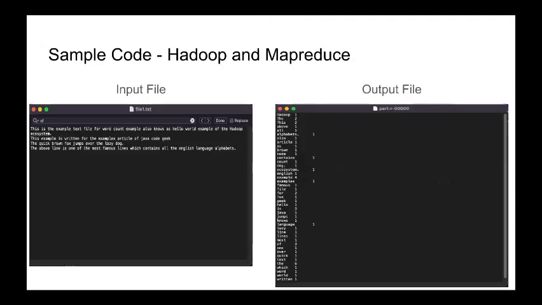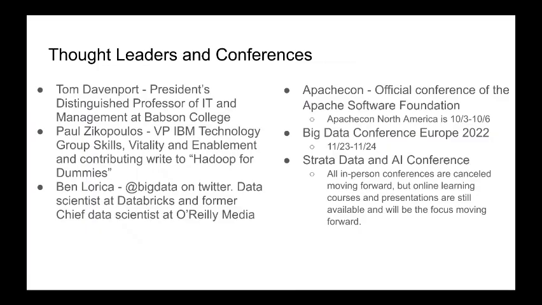Moving on to the next slide, you'll see on the left-hand side is the input file. It just contains a couple sentences, and then on the right-hand side, this is the output file that you can find on the local host, and it counts the words. There are 2 'The's in this file. There are two 'this'. There are six under lowercase 'the', so it does parse it out by capital T and lowercase t for 'the'. And that's just one example of running a MapReduce jar file in your terminal on Mac OS.